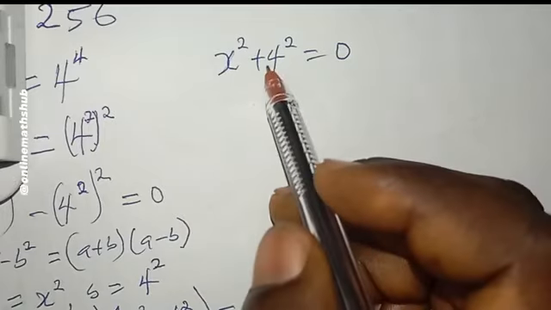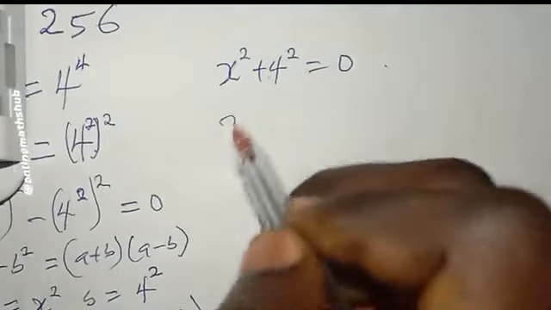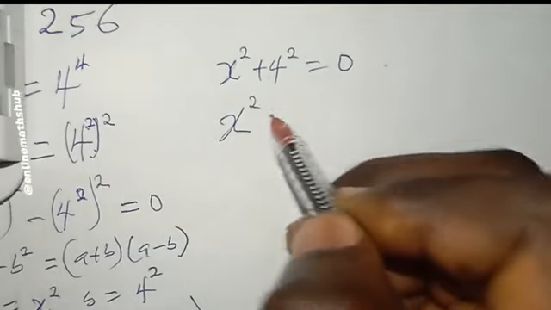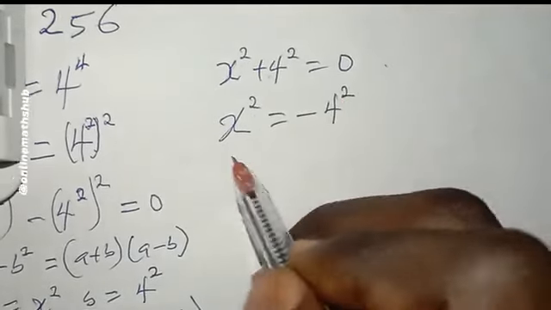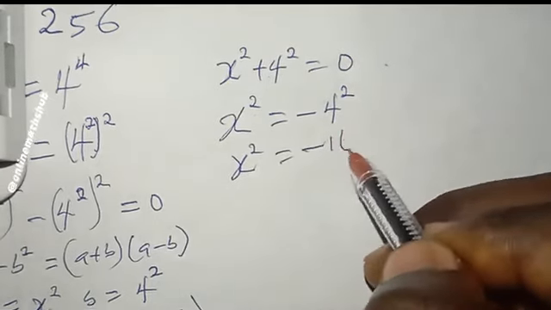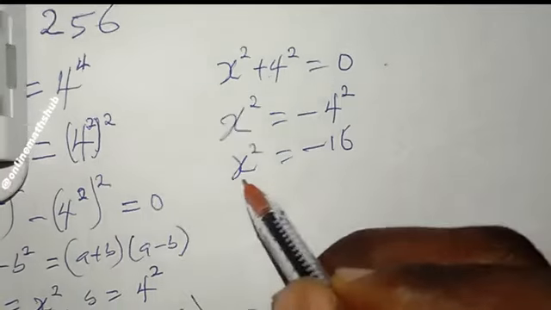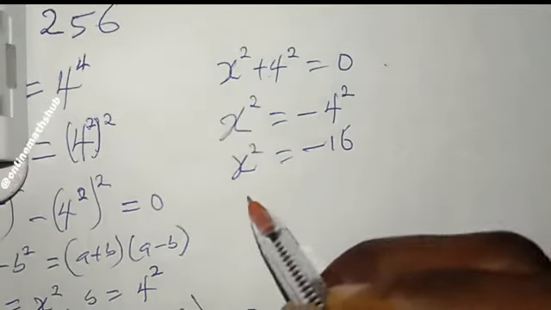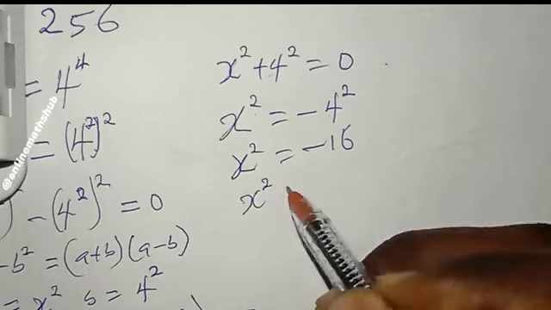If I push this to the right hand side, what we have is x squared is equal to negative 4 squared. Negative 4 squared is 16, so what we have there is negative 16. And then I can also go ahead and take the square root of both sides,